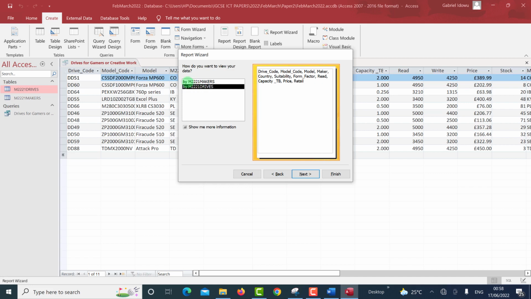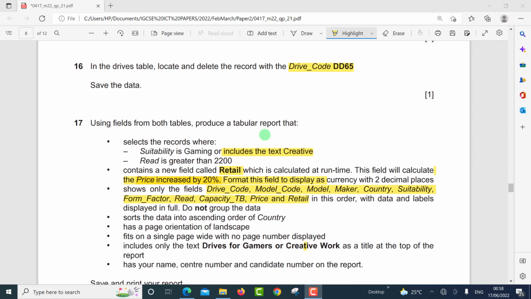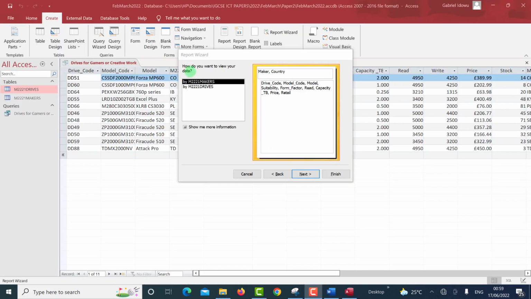Now look at this place. If the selection had been made by the maker's table or file, so to say, you would have grouped the report by maker and country, but the instruction has told us not to group the data. Look at the instruction here. Do not group the data. So because we don't want to group, we select by this other one. Look at this, it is in different levels preview. If you come here, all the data will be on the same level, so there is no grouping here. Then you go to next,